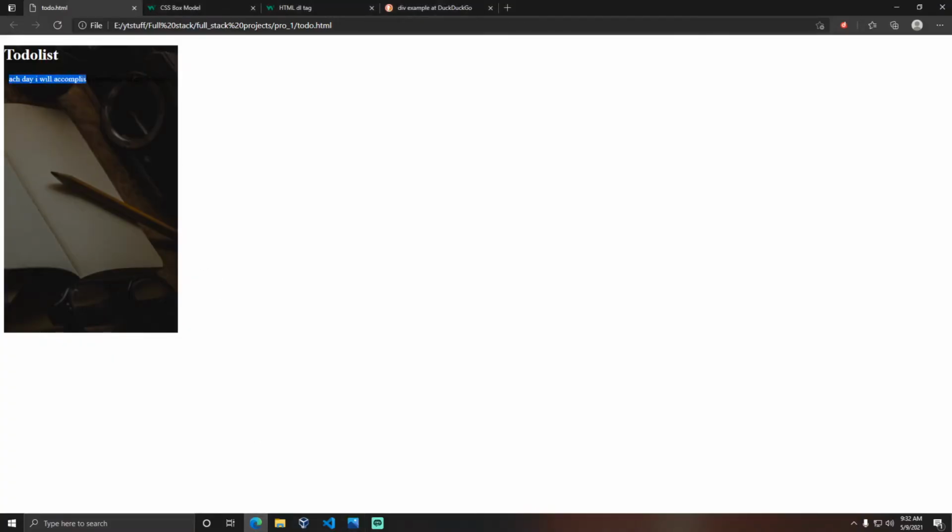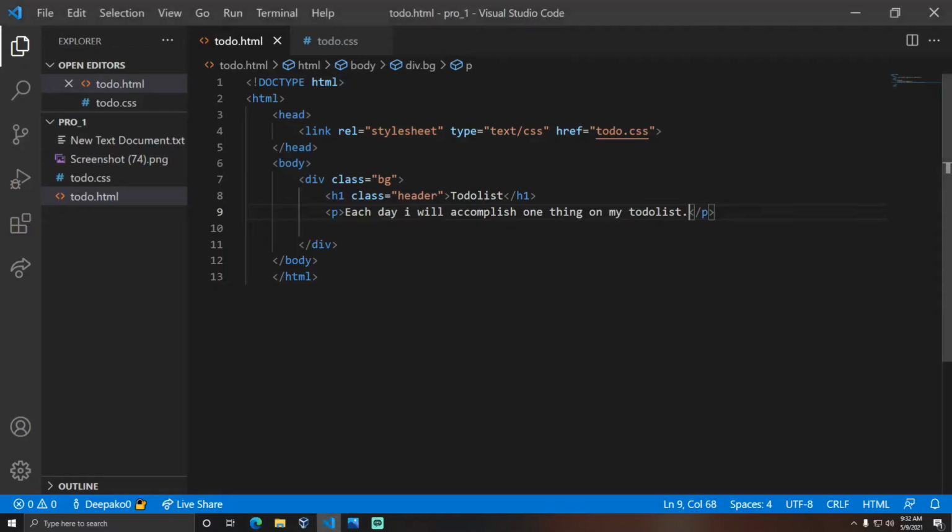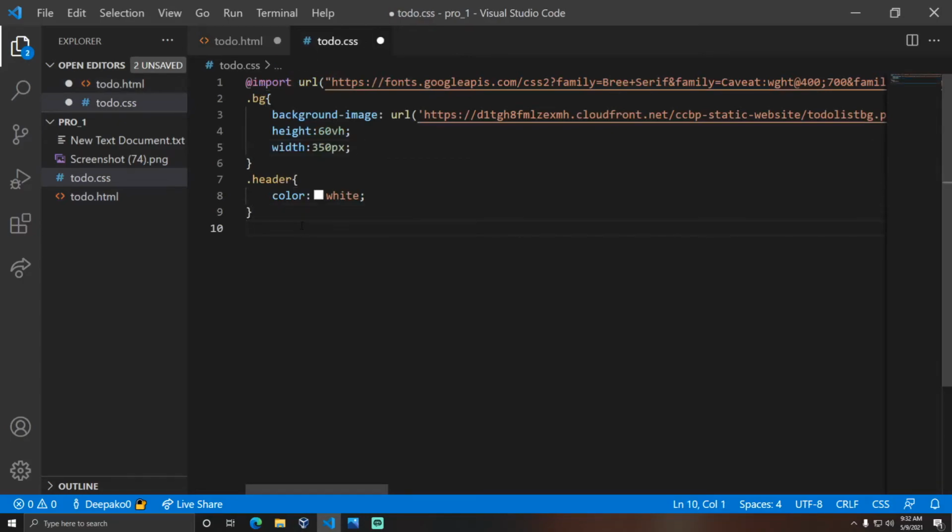You can see the background color and our paragraph color have overlapped, and we can't see it. In order to apply the CSS, you need to use the class attribute and provide a class name. After providing that in HTML, you come to CSS and use the rule set.